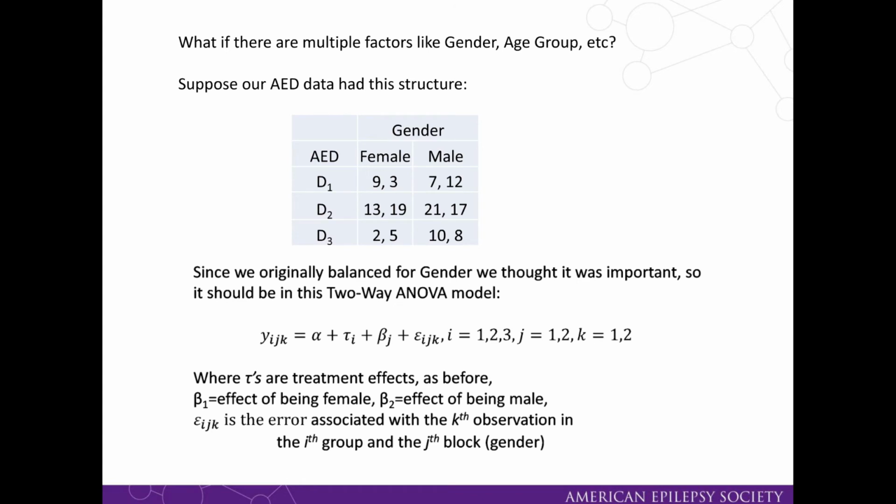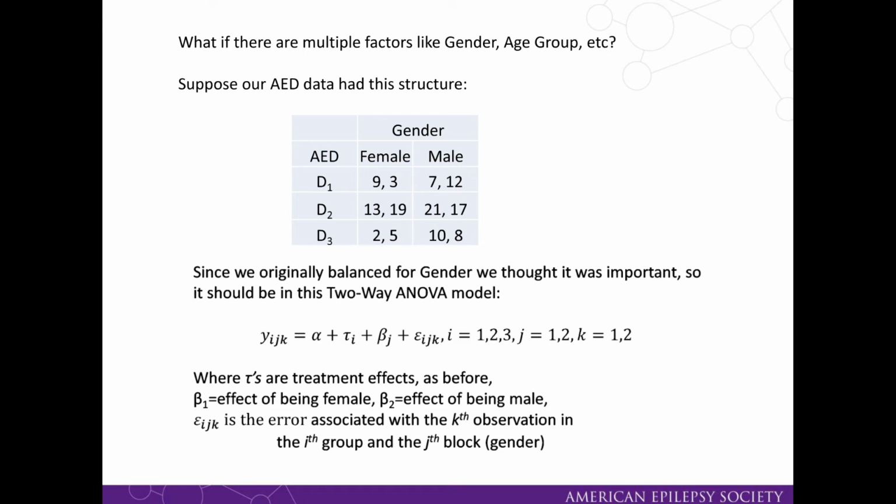So what if there are multiple factors like gender, age group, etc.? Okay, so now we're going to go back to the previous example where we had 3 AEDs and we had 4 observations, but suppose now we actually knew what the gender was as they were spread out among these 3 groups. And suppose the AE data had this structure. Since we originally balanced for gender, we thought it might be important. So it should appear in what is called a two-way ANOVA. Before we had a one-way ANOVA, meaning there was only one factor we cared about, which was treatment. Now we're going to bring in treatment and gender. And so now we'll model